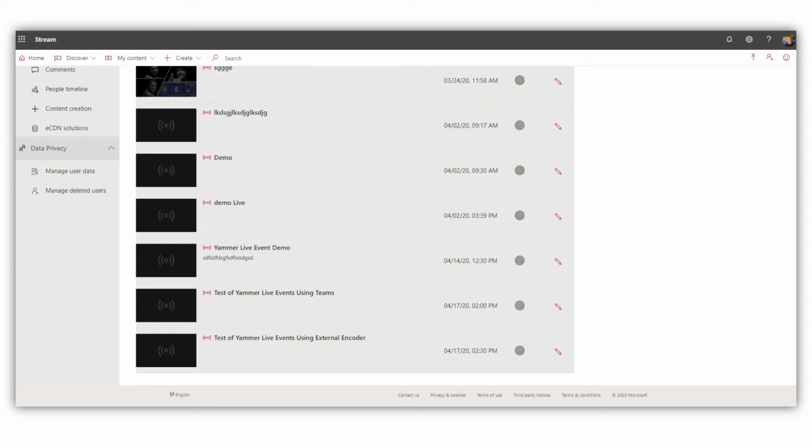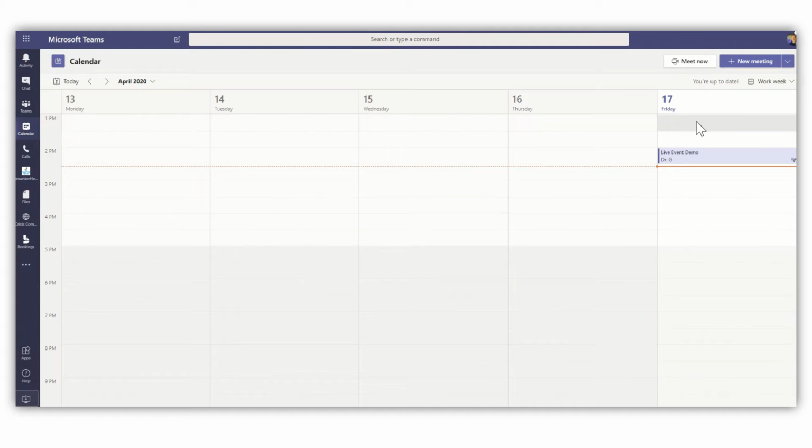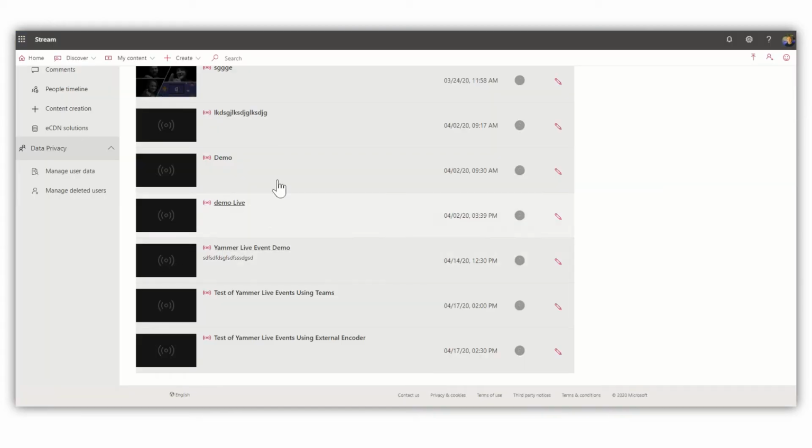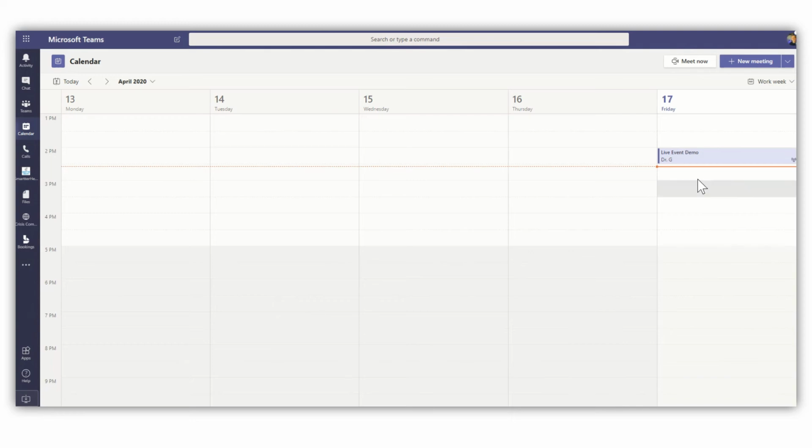So before we go there, I'm going to select Microsoft Teams, and you can see here I set up a native live event. I came in here and said live event, and I put this live event demo right here. And if I want to see where that is, you'll notice it doesn't show here, right? That's not here. Live event demo is not. Yammer Live, but that's an older one, and that's not the one I set up. This one, in fact, does not show there,